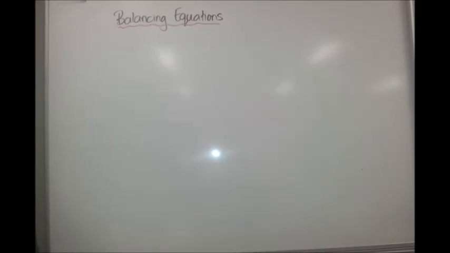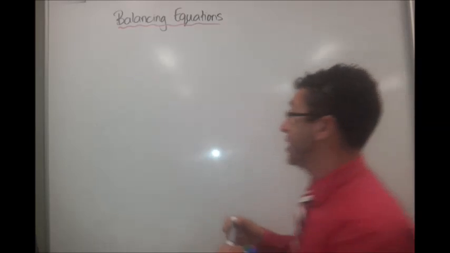So as chemists, we need to be able to do balanced equations. The reason for that is that a balanced equation tells us about the quantities of things that react together. Before, in year 11, when you were asked to balance an equation, you probably didn't actually know why it had to be balanced. You just were told that we had to do it. The reason is that when you do a balanced equation, such as this one here,